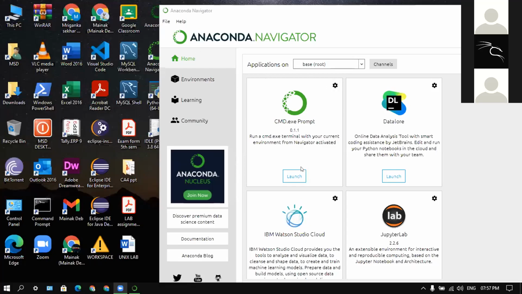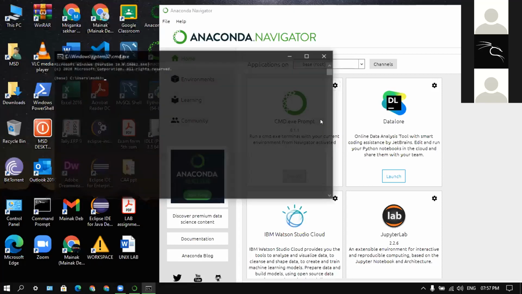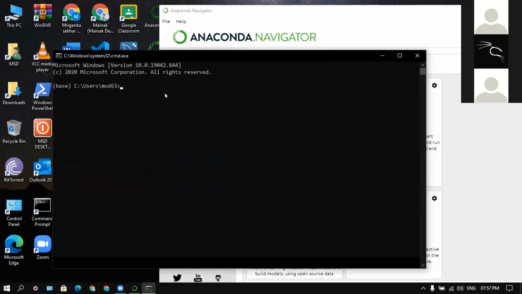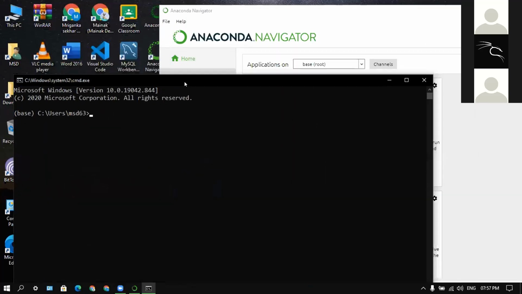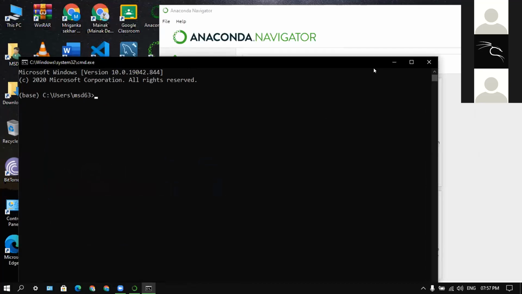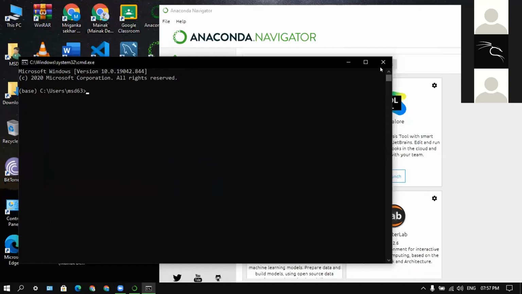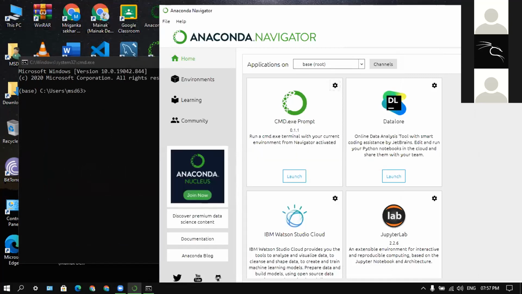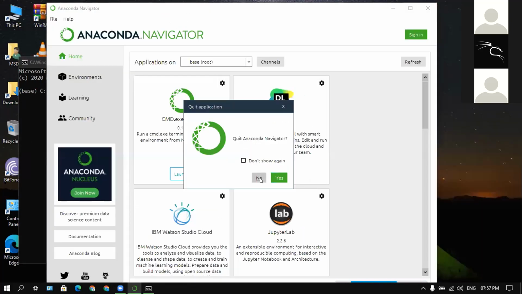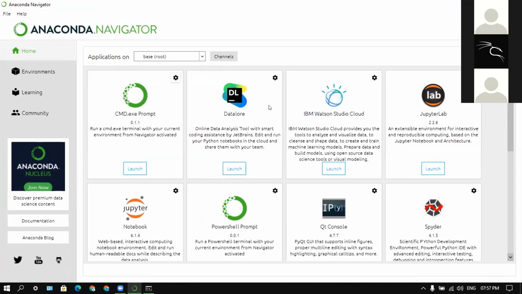Yes, it is visible. See, in this command prompt it is showing that. No, one thing: first maximize your Anaconda Navigator. Yes, sir. Maximize it. Don't close it, maximize it. All right. Now click on Spyder.